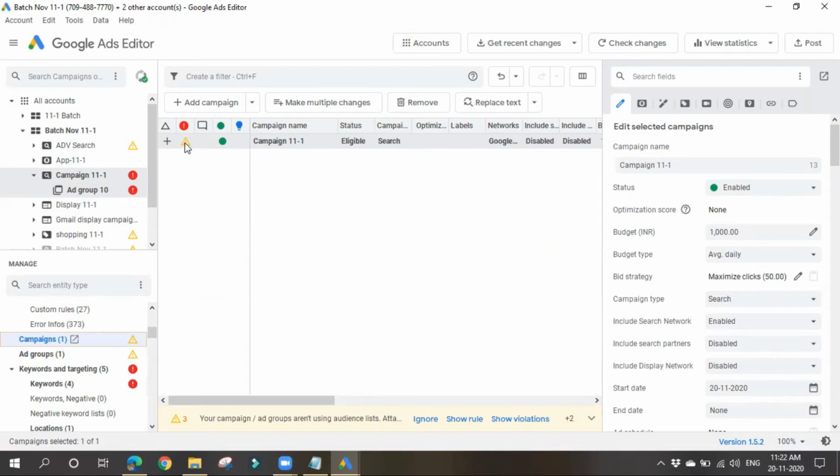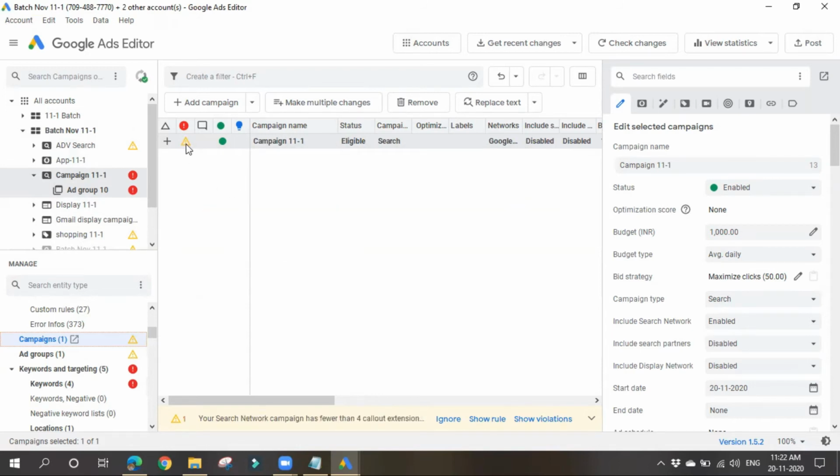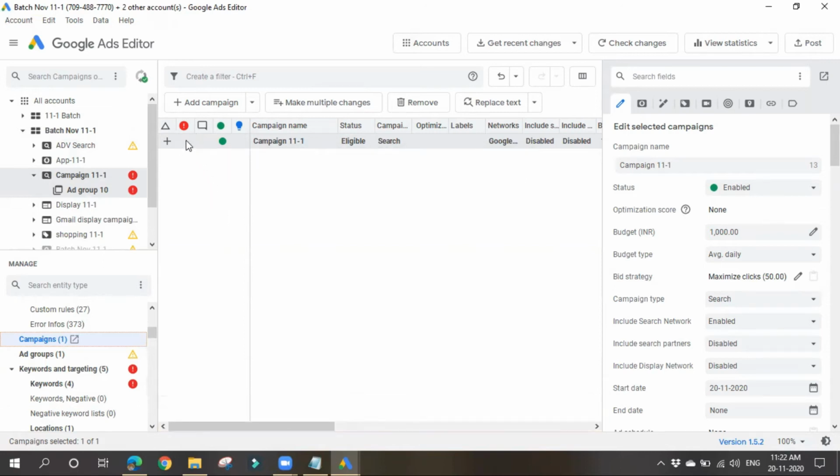So you can also resolve these things. You have to hover over this and simply click on ignore, then the symbol will disappear. This is a warning symbol that shows there is an error which has to be solved. Green means they are in enabled state, which means the campaign is running. If you want to pause the campaign, you can also pause it.